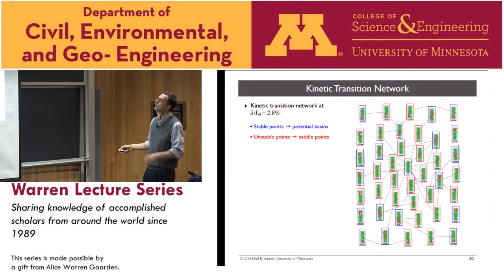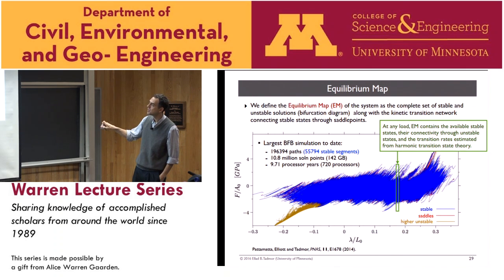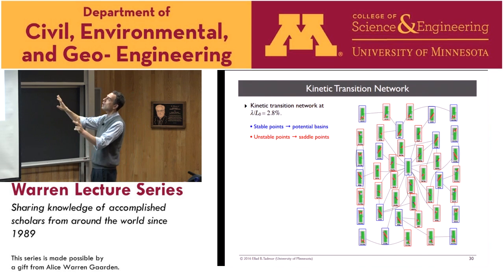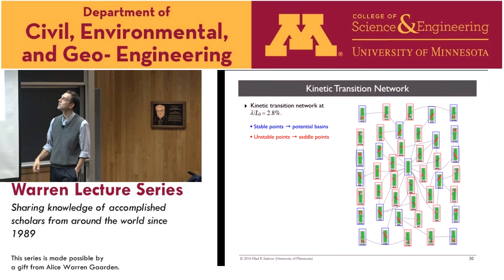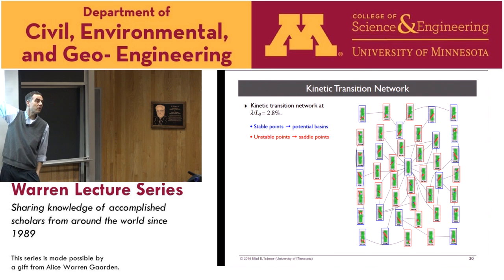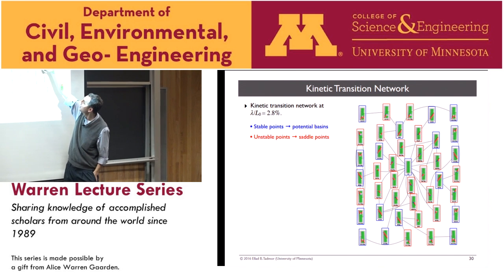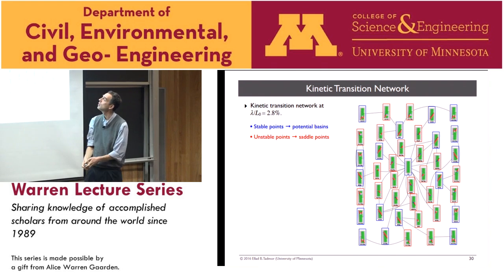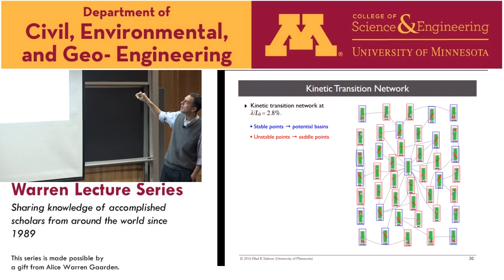Here's a picture from a strain of 2.8%. So 2.8% is here somewhere. I'm cutting right here, and this is showing you all the states that exist at that strain. So here's the perfect structure right there. That's the one where no defects have nucleated. It's a stable state. All these red ones are saddle points. I don't know how well you can see that from far away, but you can go through this red state, which is a saddle point, to get to this defective state. Or you can go through this red state to get to this defective state. Or you can go through this red state to get to that defective state, and so on.